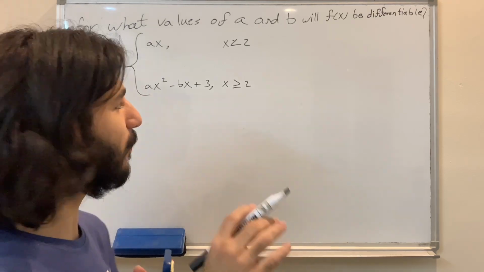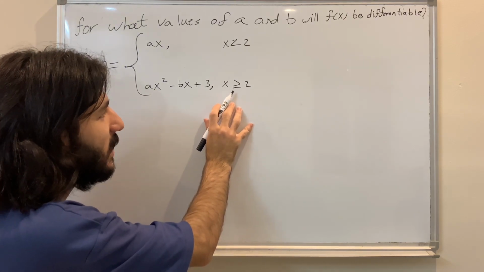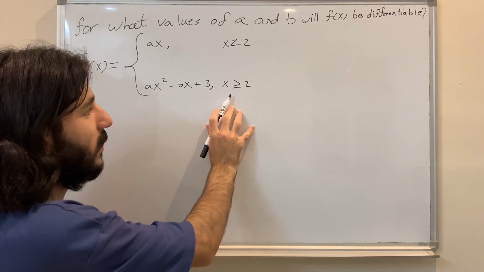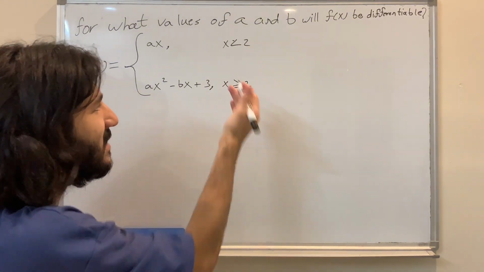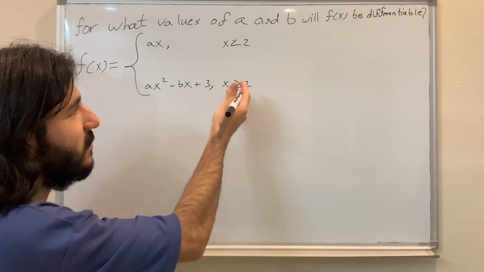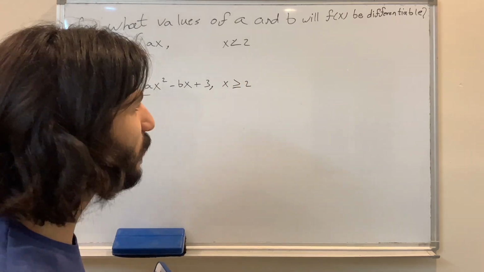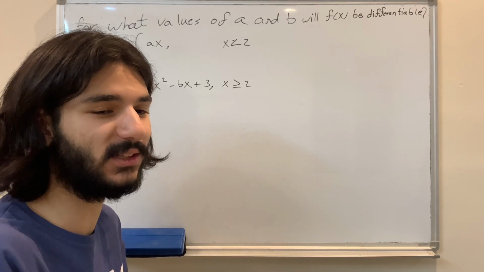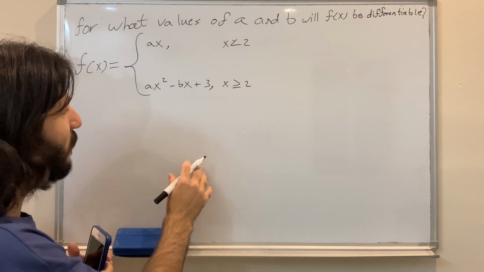Okay, but the problem here in this question, we don't know whether it's continuous at x equals 2. Because we have these. This doesn't tell us anything. Actually, it more shows that it might not be continuous. But for this question, we have to make it continuous. It needs to be continuous. So we're gonna prove that it is. To start off,